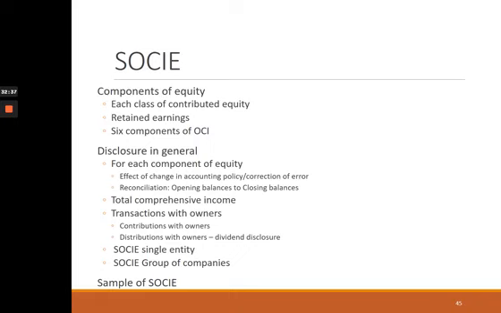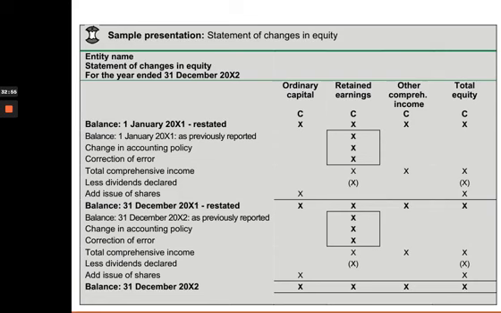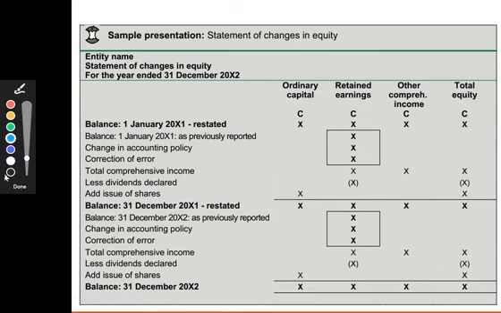Okay. There are 2 formats for your statement of changes in equity. Firstly, if you are showing or preparing a statement of changes in equity for an individual company, there's a format provided to you. Or if you are preparing a statement of changes in equity for a group of companies. So the skeleton that's been provided to us for an individual company would look like this. We would have our entity name,